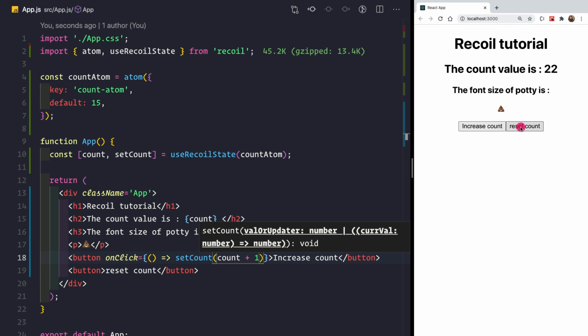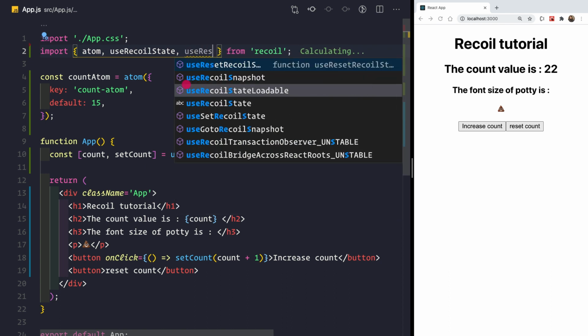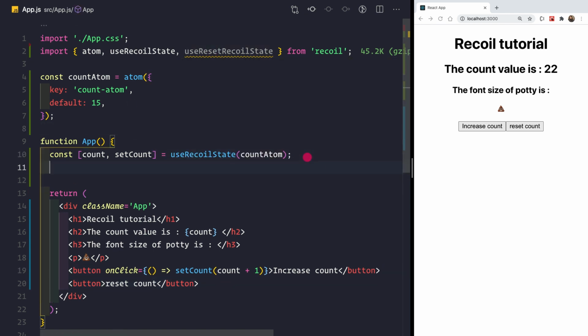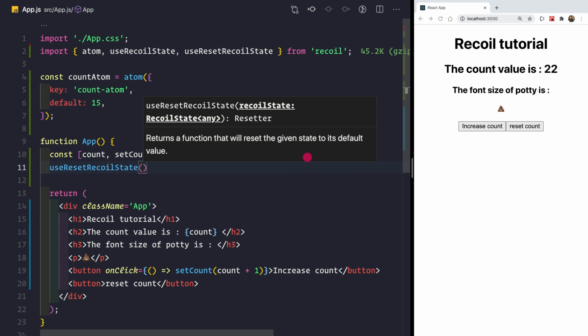Now let's see how we reset the count. For that, we simply need to import one more hook, that is use reset recoil state, like this. And to use this hook, we need to use it inside our app component. So we'll say use reset recoil state, and here we need to pass in something.